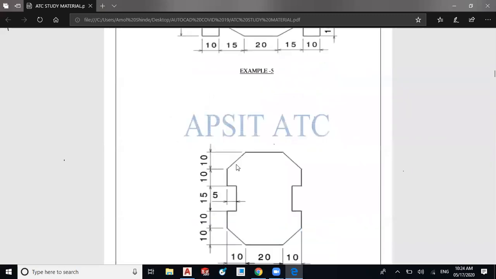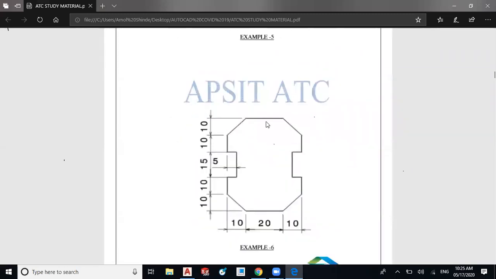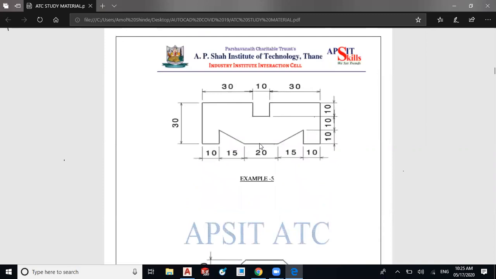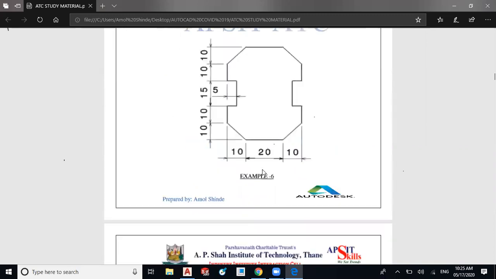And in this drawing, you have to also do the same thing. You have to draw straight lines and connect the endpoints. So there is no need to calculate the angle of this inclined line. So I will show this example, and you do example 6 on your own.